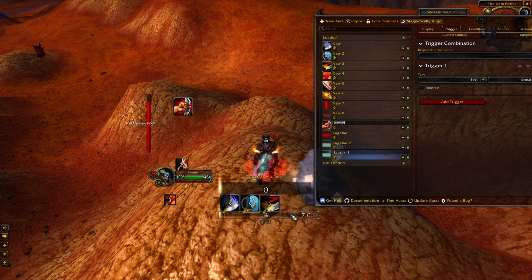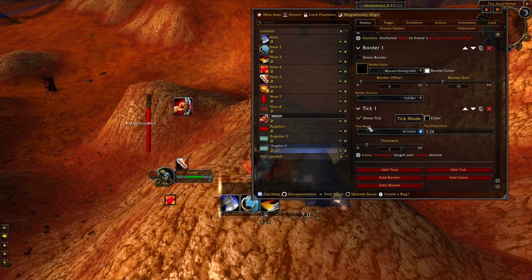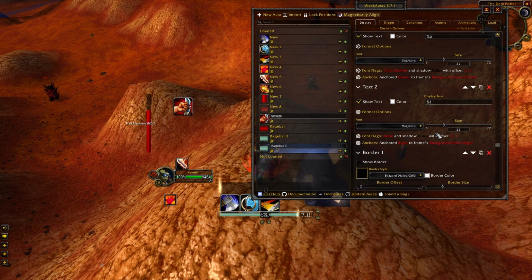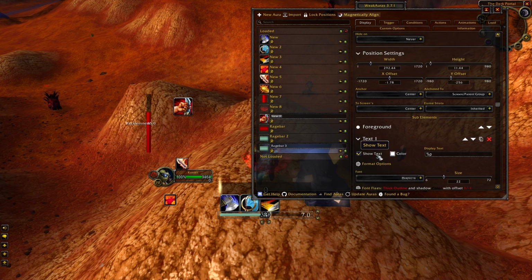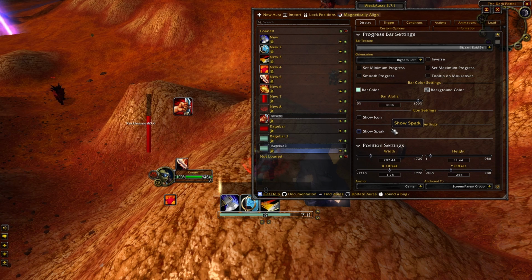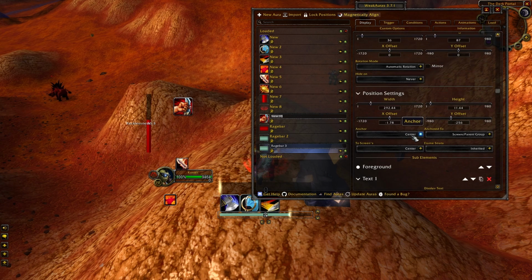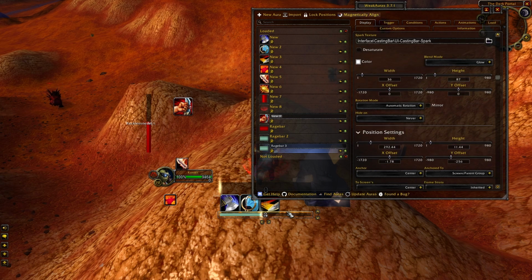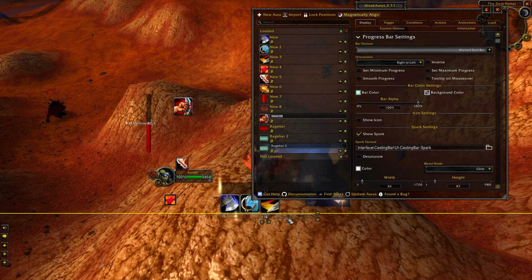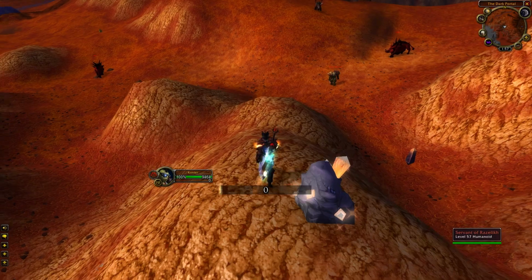maybe here, right below your skills, and then we do not want to have a tick, because why should we? We don't really need text for global cooldown because it's always 1.5 seconds. You could use a text, it's up to you, but we really want the spark. Like, I like to have it like that. For example, make it really small, and then